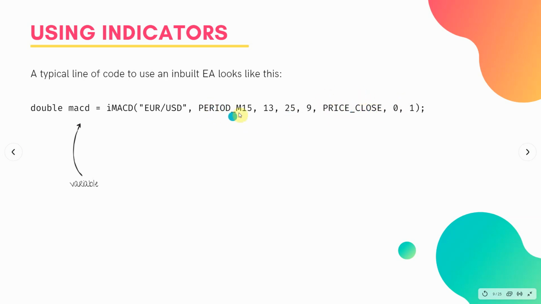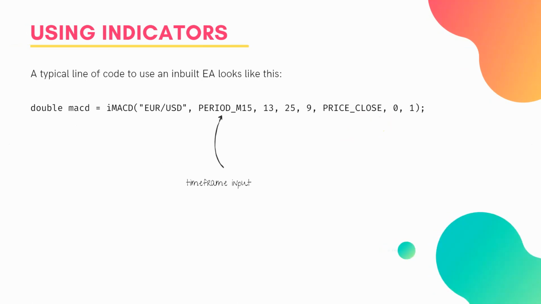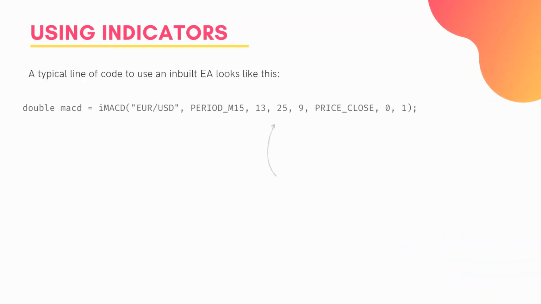And again, this is very similar to period M15. It's actually an integer, but it's a pre-stored variable in MQL4, which refers to the price close. So that's a bit easier for us to understand if we write it like this rather than an integer like 0, 1, 2, or 3. The last two, and I'll cycle through these because I did actually put the names. So you've got the function name, the symbol input, the time frame input, your indicator period inputs,